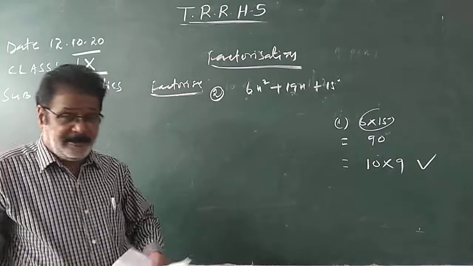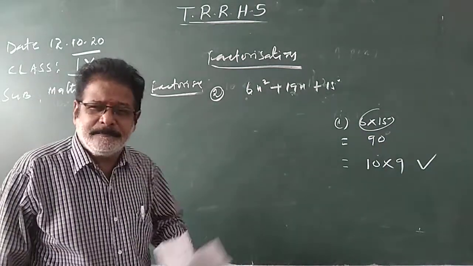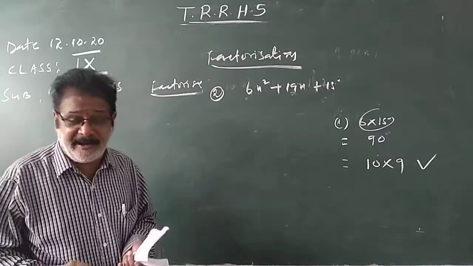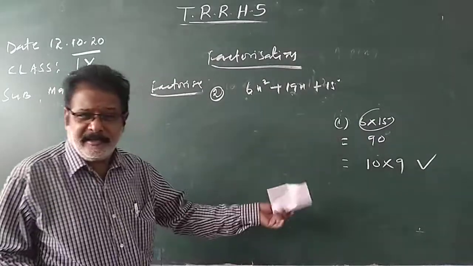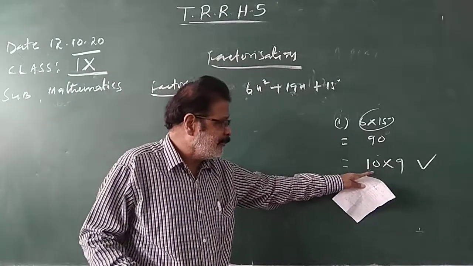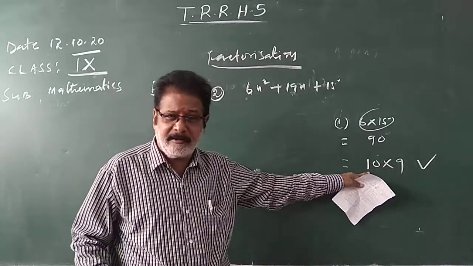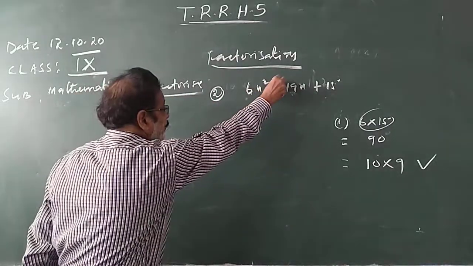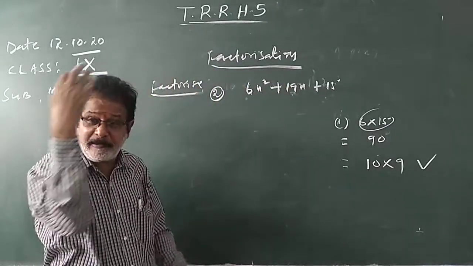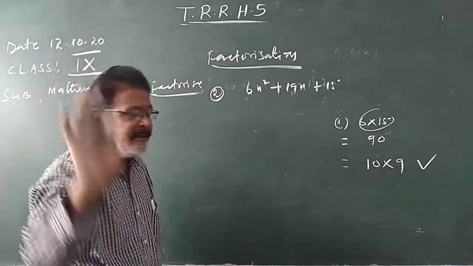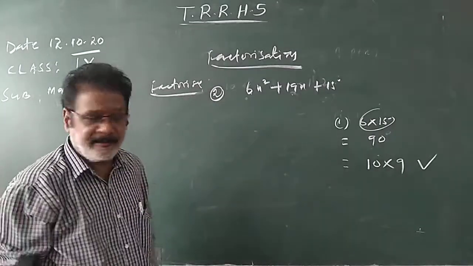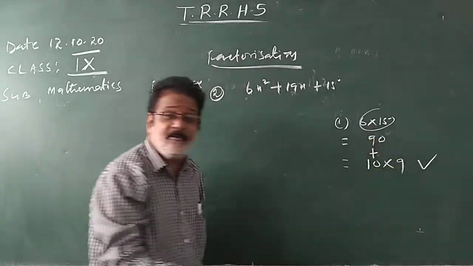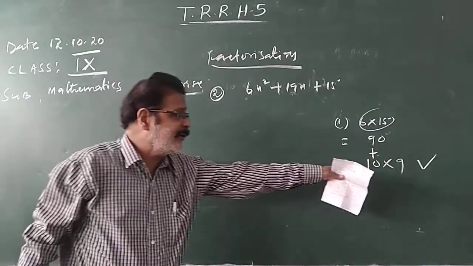Now, in the second phase, we have to allot the signs. 10 and 9: two factors we have, one is a smaller factor and another one is the bigger one. So we have to allot the signs to them. Whatever the middle term sign is, whether plus or minus, it should always be allotted to the greater factor. The middle term sign here is plus. This plus should be allotted to the greater factor only. In this 10 and 9, the greater factor is 10.